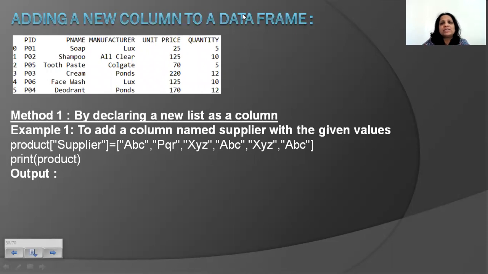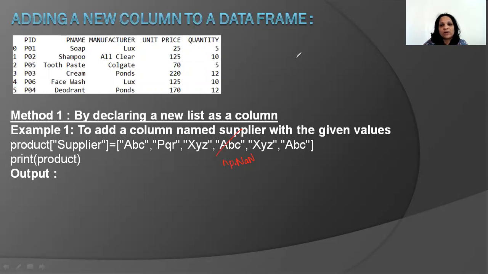But for some reason, let's say for a particular supplier, I want to leave it blank. Then what I could do is, instead of writing ABC here, I could write np.nan. NaN stands for not a number, basically an empty value. But if I'm writing this, I need to remember that I have to import the NumPy module. So in my program, I would have to write import numpy as np. Is that clear? So you could leave something blank, but the number of elements that you specify should match the number of rows. Okay.